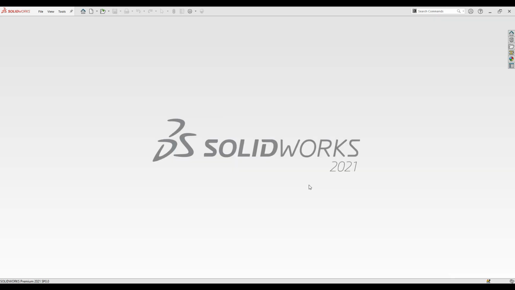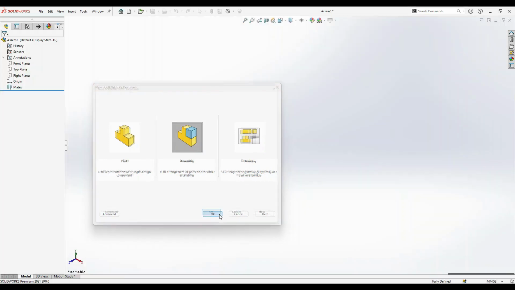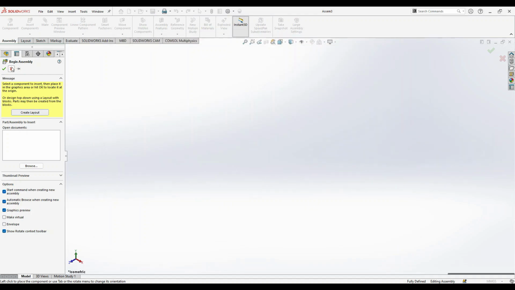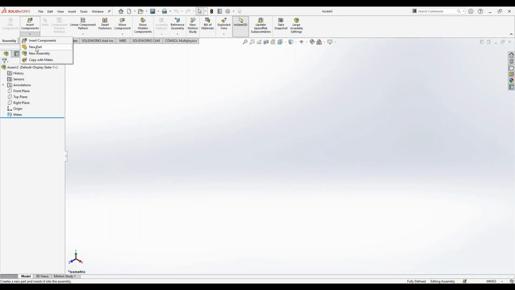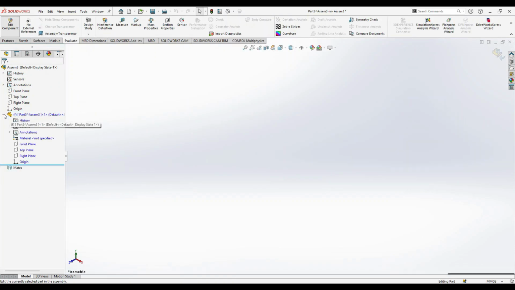In this session, we'll be learning how to design a microfluidic chip. Before that, we'll first open the assembly file. In the assembly file, you can just insert the new part. After inserting the new part, click on it and go to edit part. In the edit part,